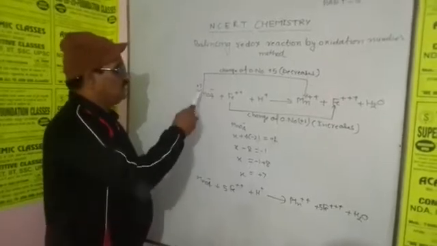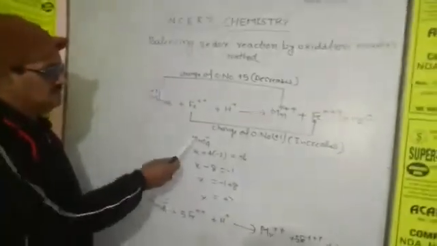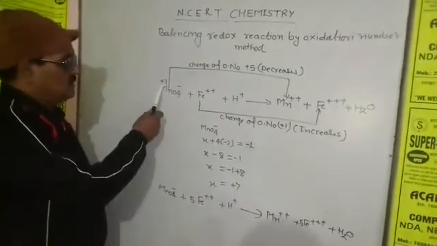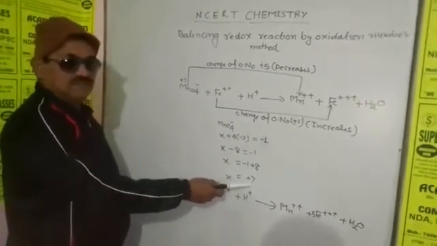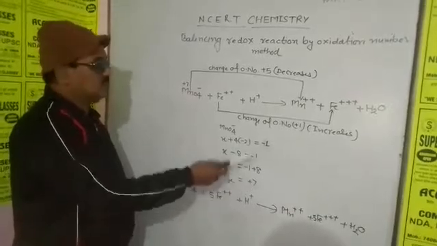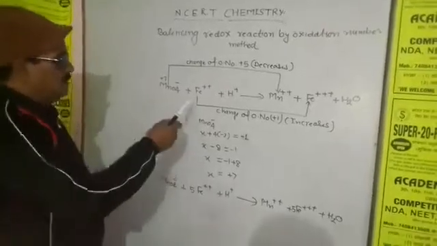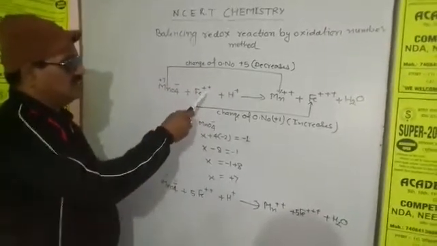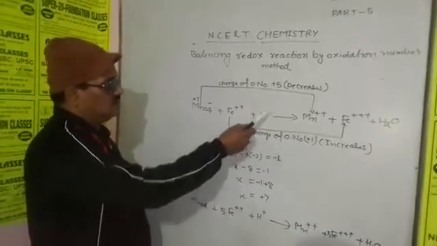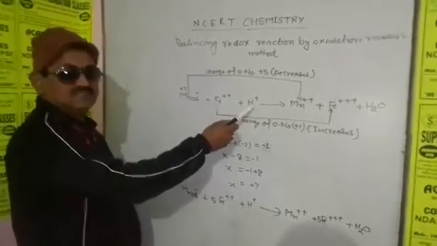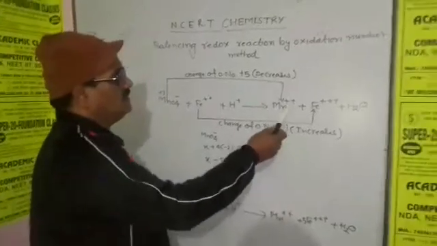And first you calculate for the permanganate ion. This is your permanganate ion, MnO4 negative, and calculate the oxidation number of manganese here, and you see +7 here. The oxidation number of manganese is +7. Then +7 put on the power here, and iron. This is the ferrous ion here, and this is H ion, meaning this is the symbol of acidic medium. H ion means acidic medium, and this is a permanganate ion here.